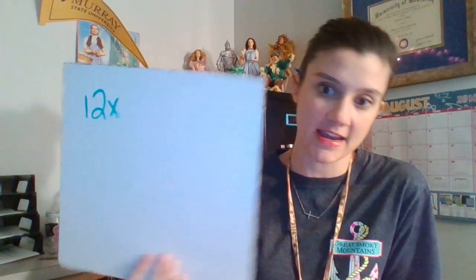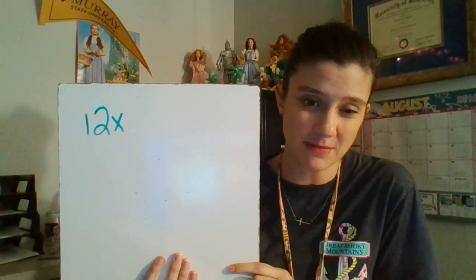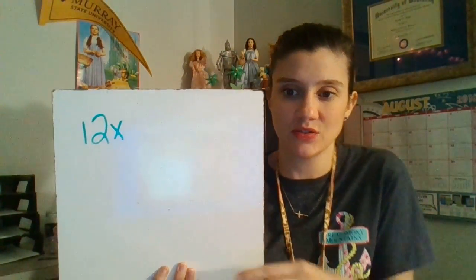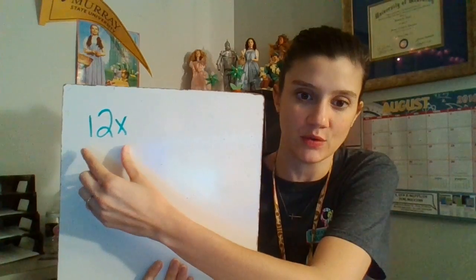The third one, a number increased by a factor of 12. 12x. Or if you put 12 times x, that's fine, but then the two x's get confusing. So if you can just squish them like that, that's okay. That will mean multiply. After that, a number increased by 3. Same as the first one there, a number